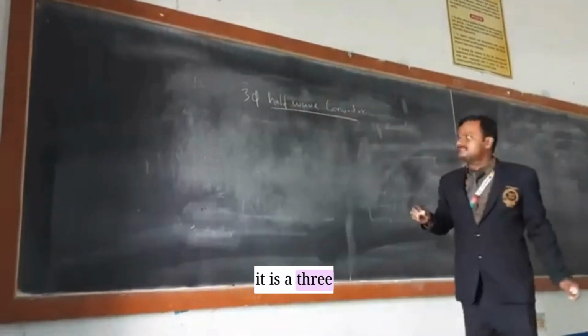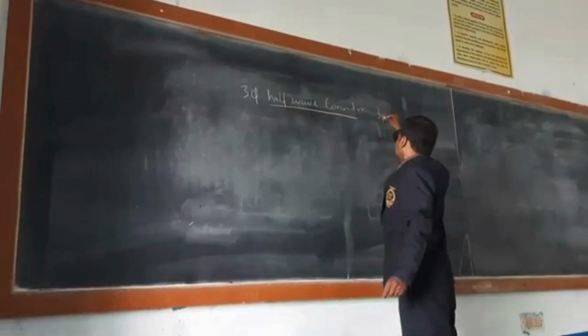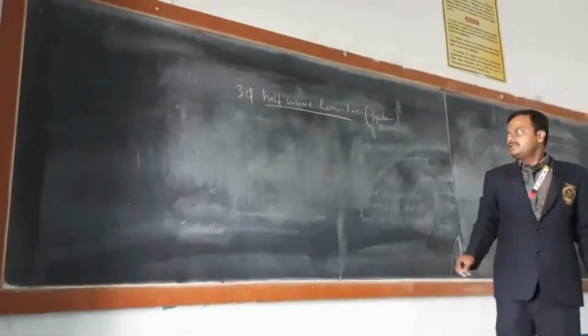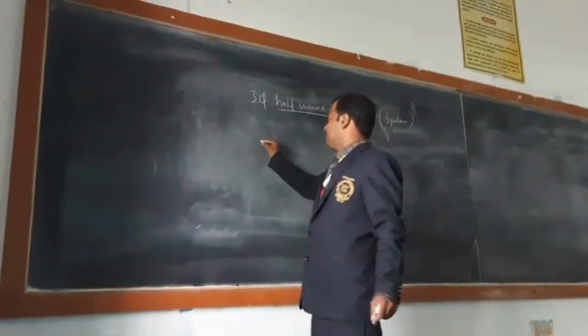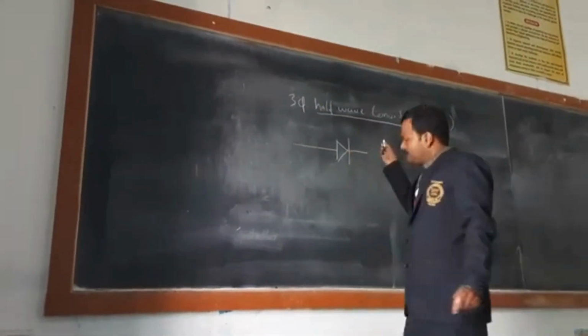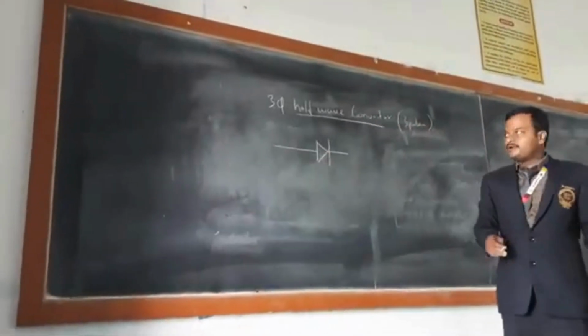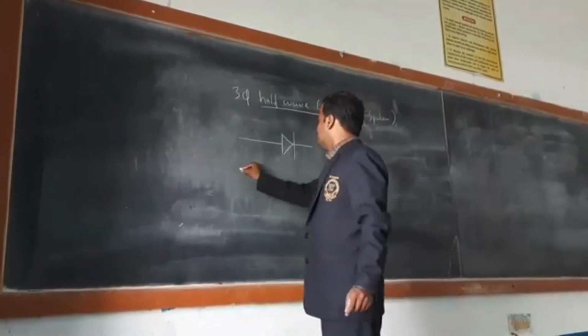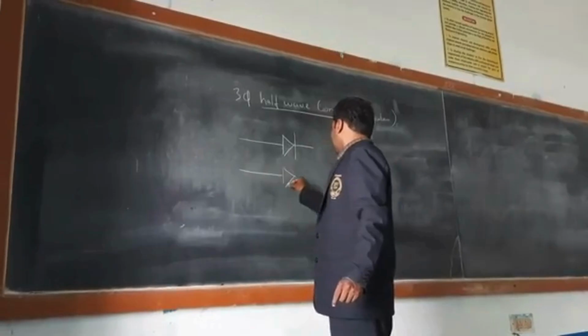We can say it is a 3-pulse converter. This is the circuit for the 3-phase half-wave or 3-pulse converter. In that also we have uncontrolled and controlled, that is half-wave. We are going to see the controlled converter, the 3-phase